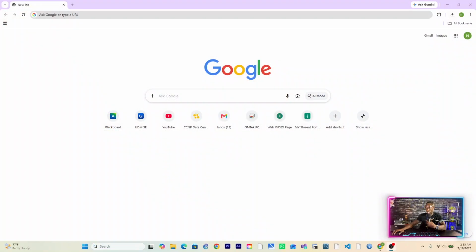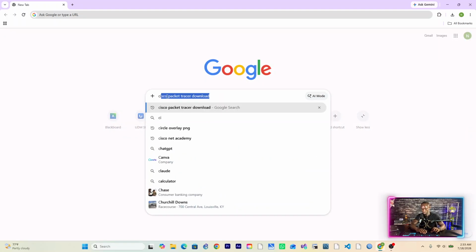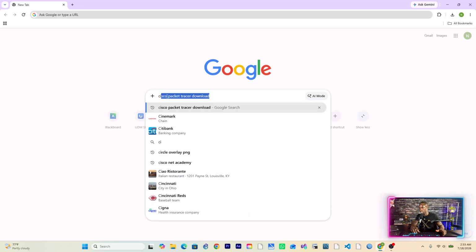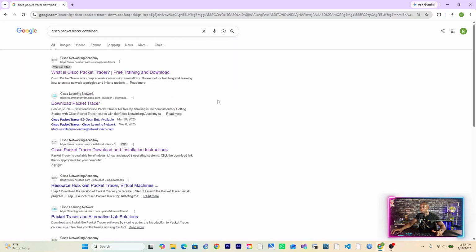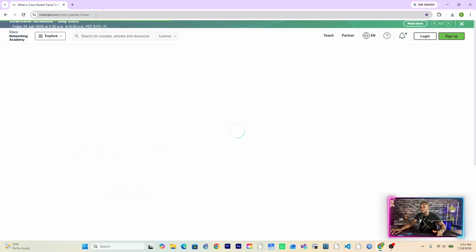So with that being said, I'm going to take you here to my web browser, and I'll show you a step-by-step process of how to do this. All right, so first thing first, you go to Google and then look up Cisco Packet Tracer download. Once it brings you here, click on the first link that it shows you, and the URL is netacad.com. If you also know the URL, you can equally go ahead and key it in here,